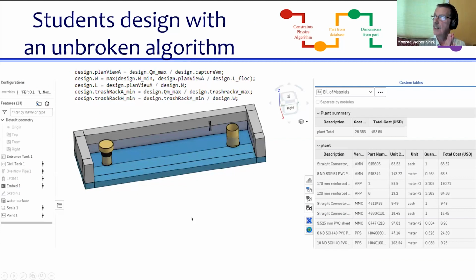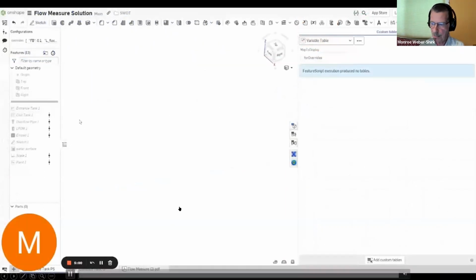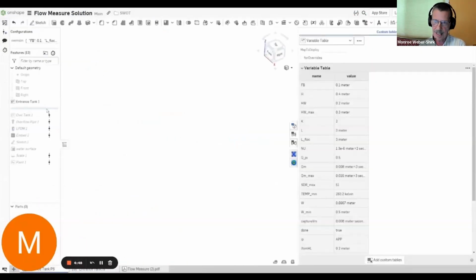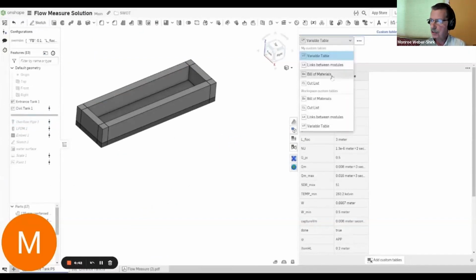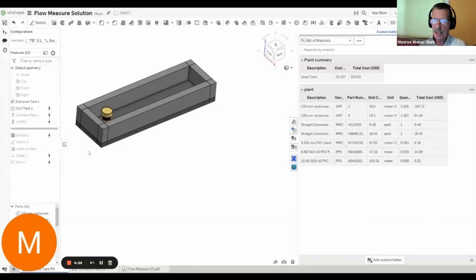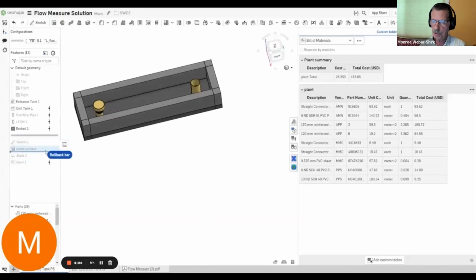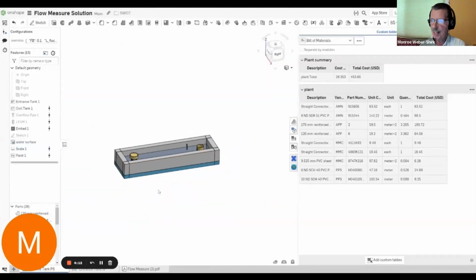This is harking back to how we work with students. This is the approach that we're using with students. The students that I'm working with at NGIT and OSU write algorithms in FeatureScript. They create these parts, and I'll just take you through this little animation showing the various pieces. They do coding in FeatureScript to create this entrance tank. They add the tank, and as soon as they do that, they can see a bill of materials. They add additional parts to the tank. In this case, they're missing a hole, so we add the hole to the bottom where those pipes fit in. They show a water surface. They add a scale to the side of the tank, and you can paint it. That would be an assignment that students work on.